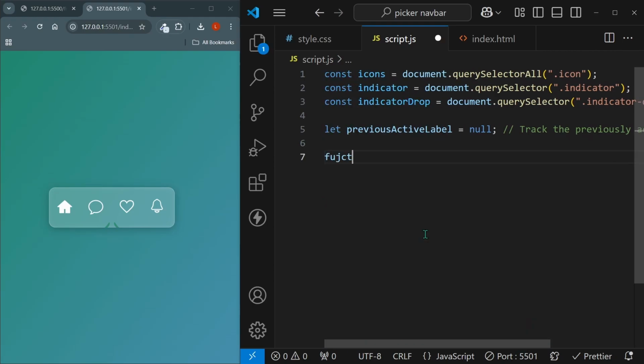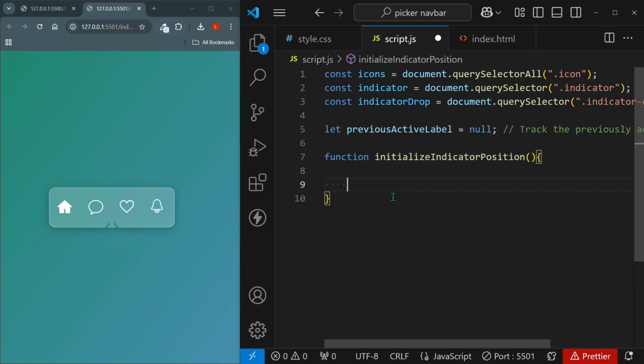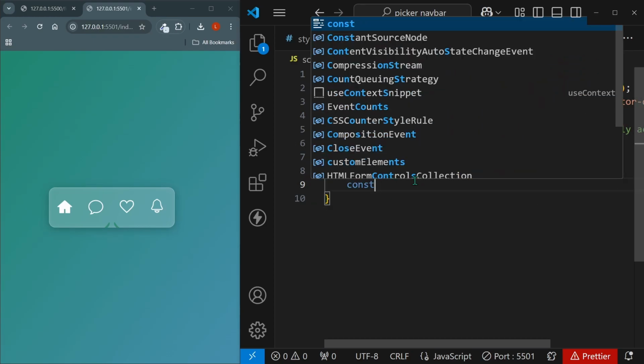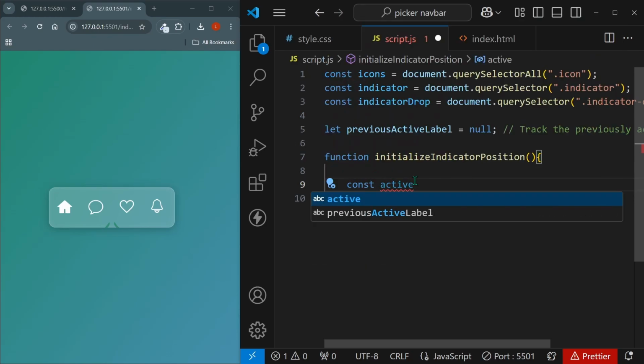Next, we'll create a function, and it will be the initialize indicator position. This function will be called by default. This will initialize our little indicator to be set to the first element. I'll grab our currently active label by default, which will be the active icon label, and it will be set to the